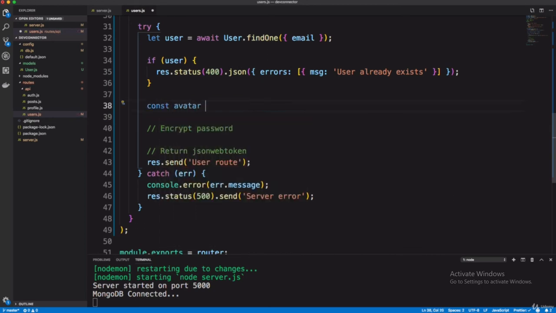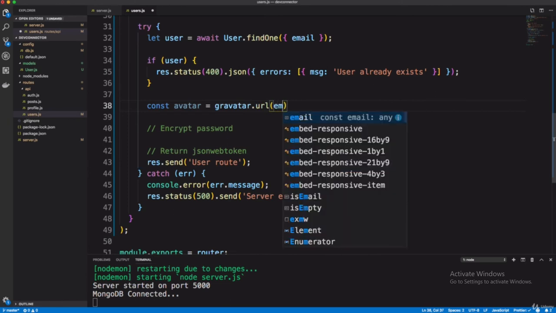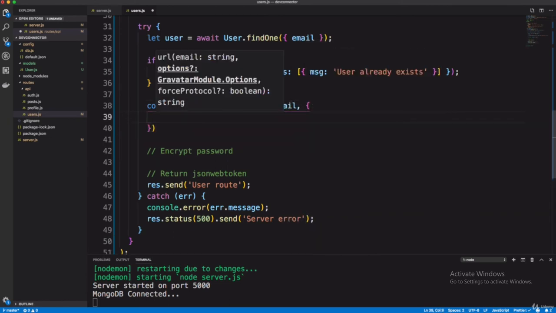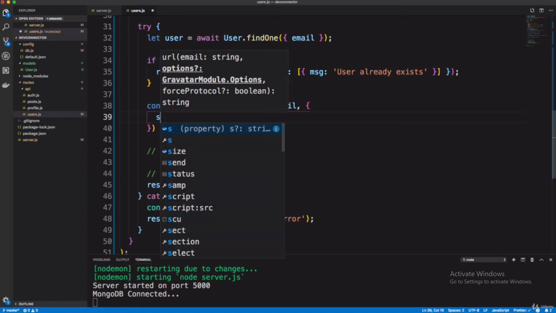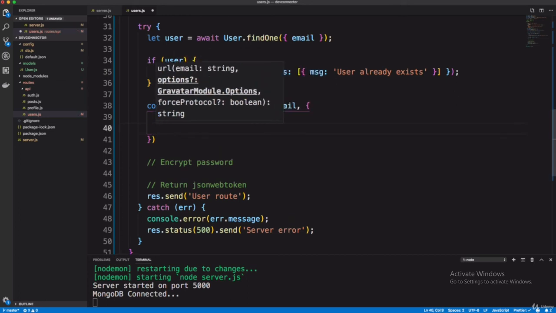So here const avatar equals gravatar.url, with the email. You can do what you want to do. It takes three arguments: s should be 200.